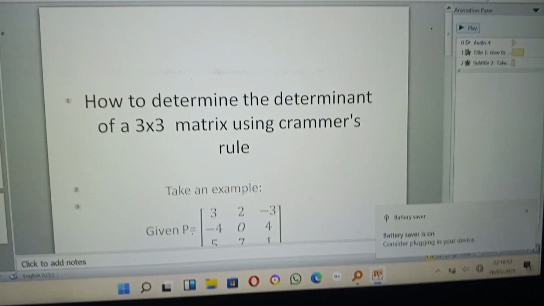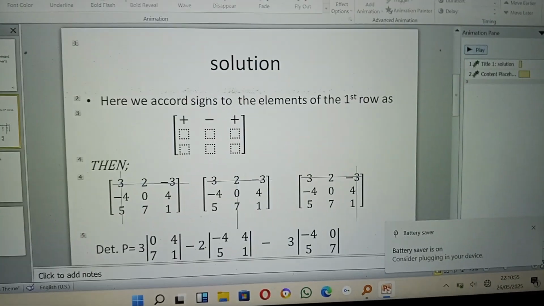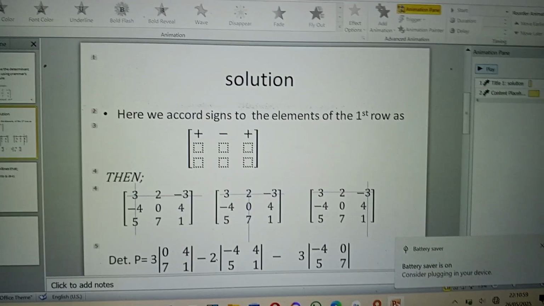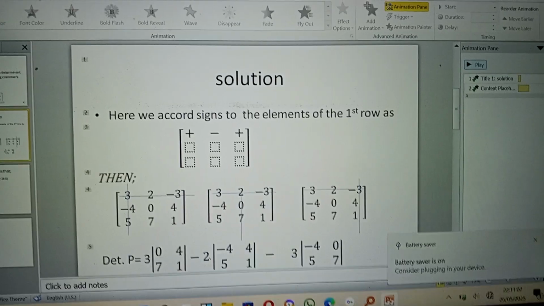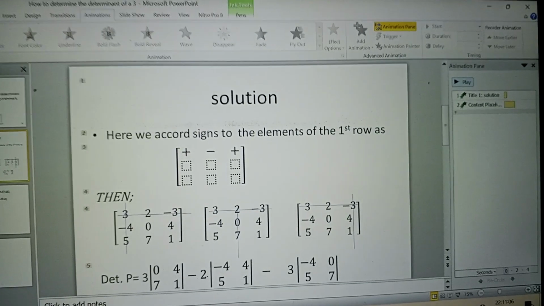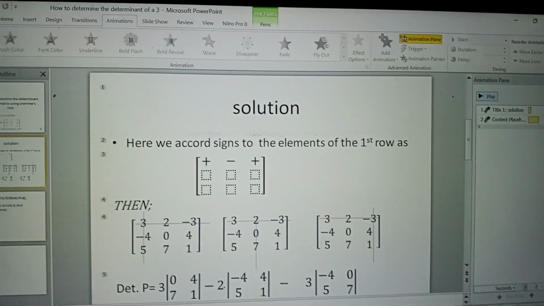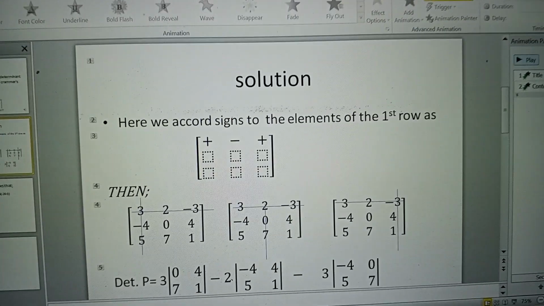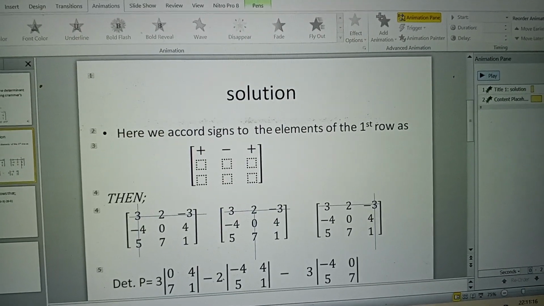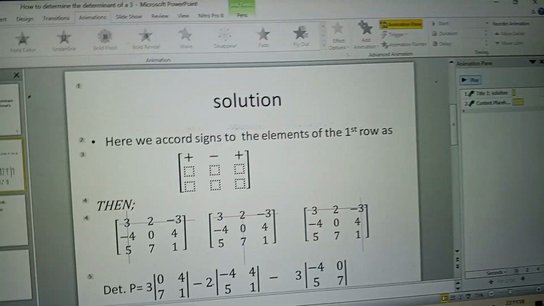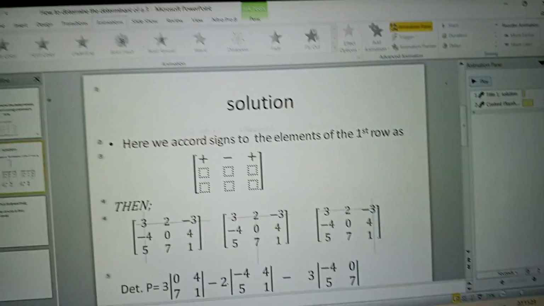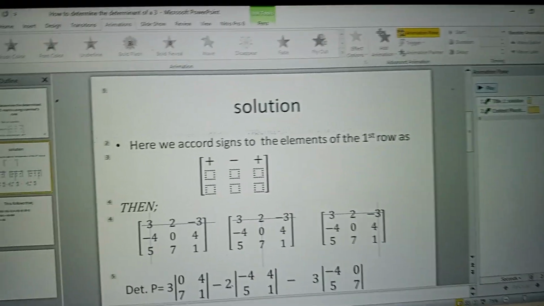In this, we first of all assign code signs on the first row. The entries of the first row are given signs, as we are saying in the first step. The first entry is given a positive sign. The second entry on that first row is given negative. The third entry is again positive. If there is another fourth entry on the first row, it will be given a negative sign.